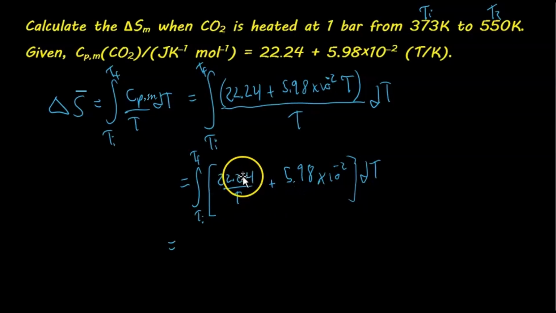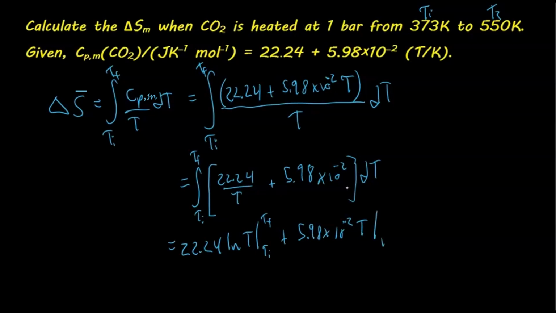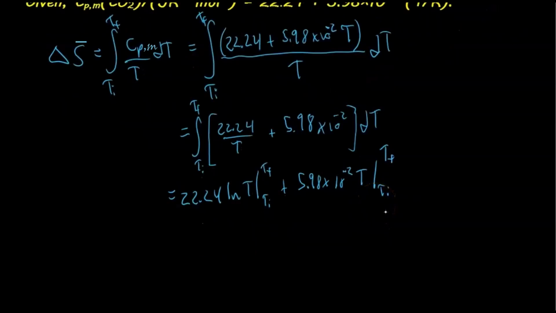So the integral of a constant over the variable is just the constant times ln of T, from the initial to the final state, plus, now this is just a constant, so the integral is the constant times the variable from the initial to the final. And we can just evaluate it, so we'll just plug it in. So 22.24 times ln, now T final is 550, so 550 Kelvin over 373 Kelvin, plus, now this